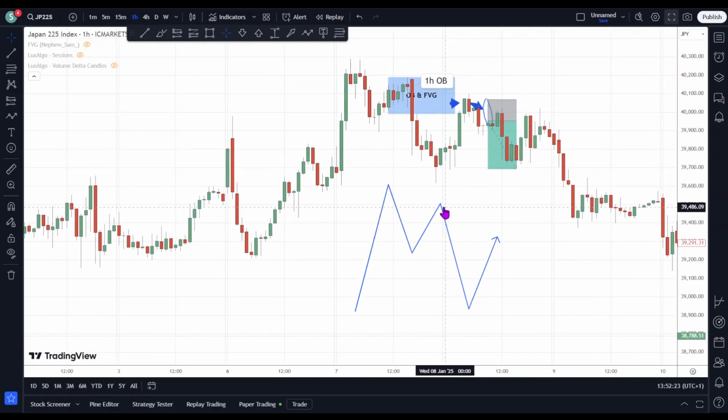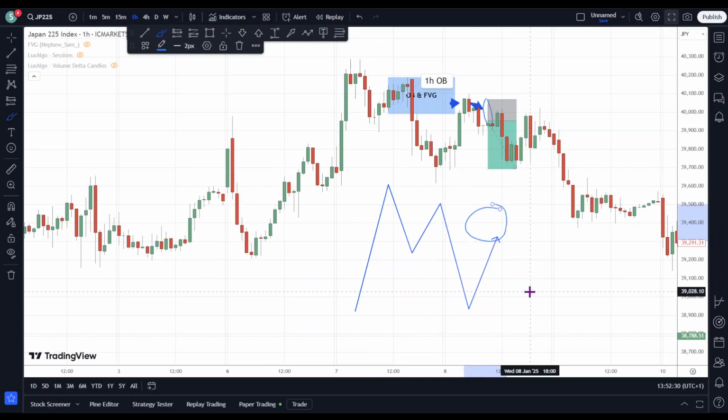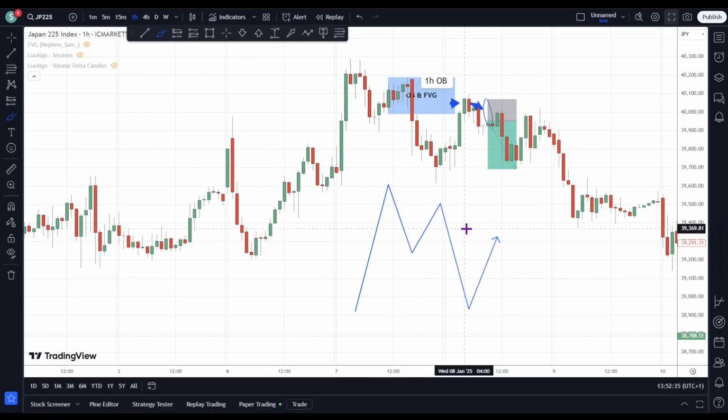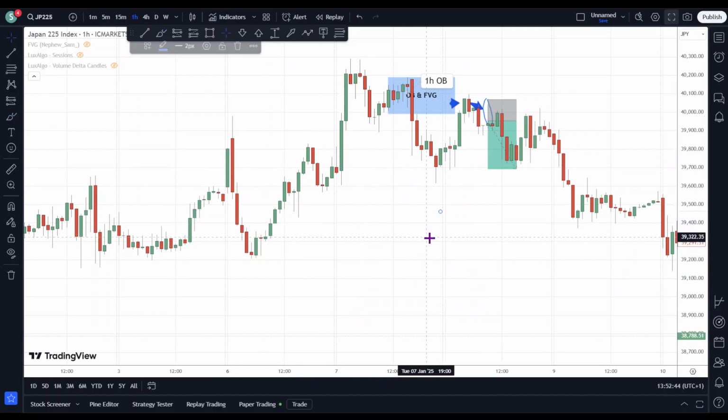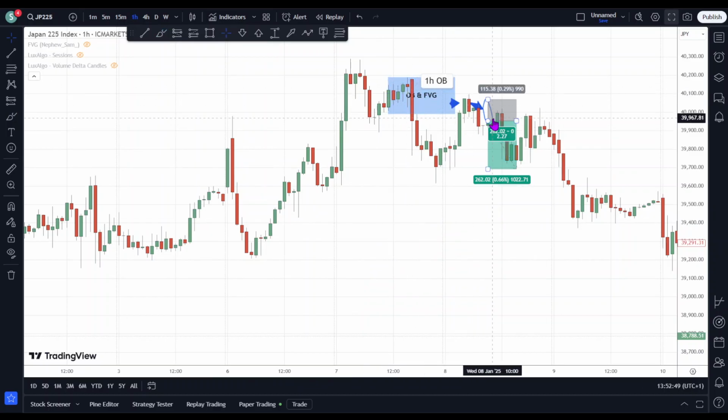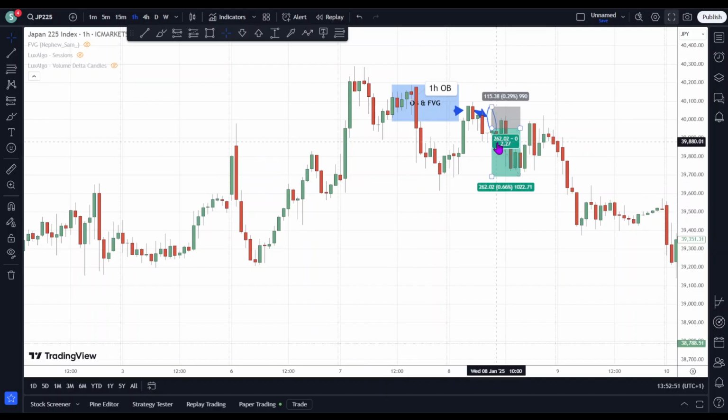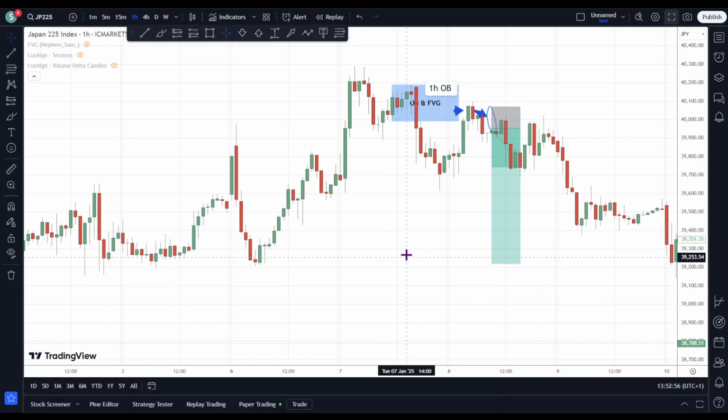So my logic is, if we come back to the area over here, and if we see some internal action saying that we should go down, then we should go down. And that is exactly why I outlined this area and I found a trade here. Now, if I was looking for a target on 1 hour, I would target this,